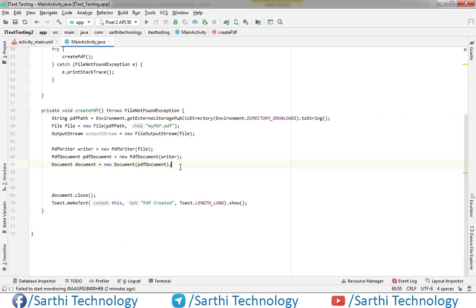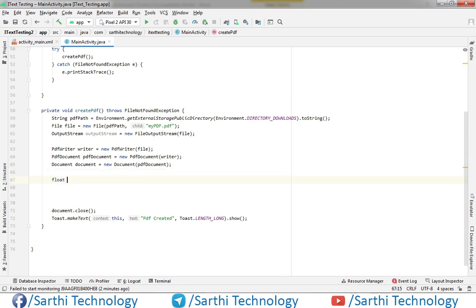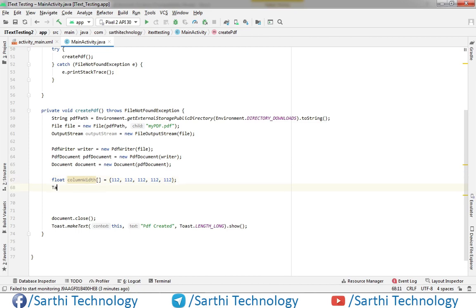Here, first we will create one float array for the column width. So this is the column width array, and now create one table object and put this column width here.